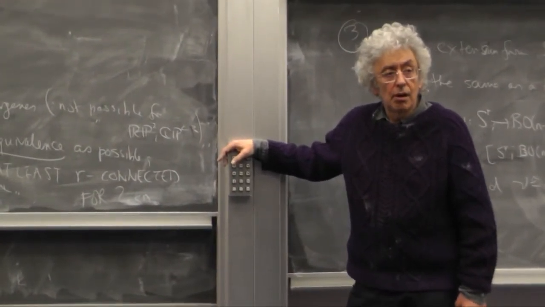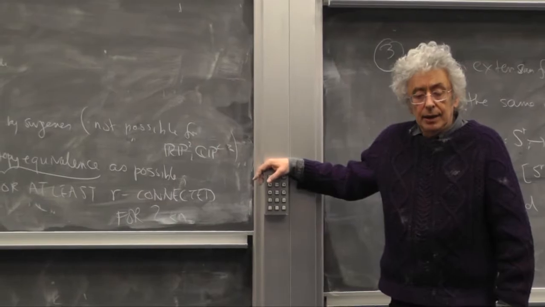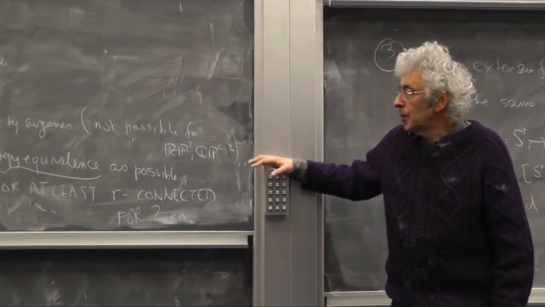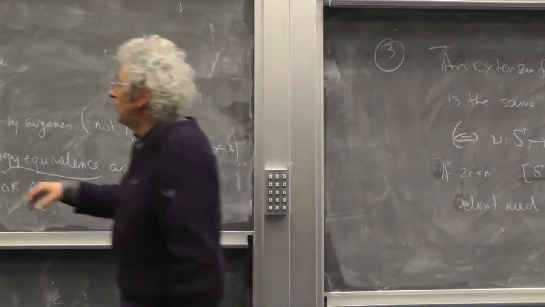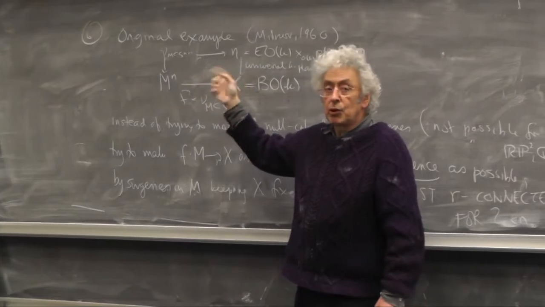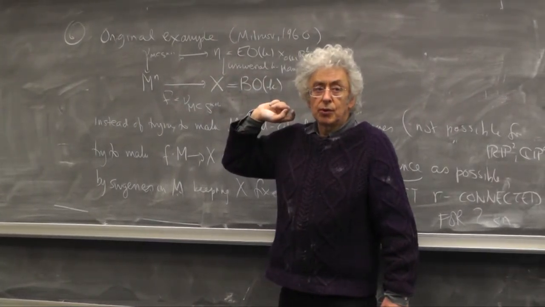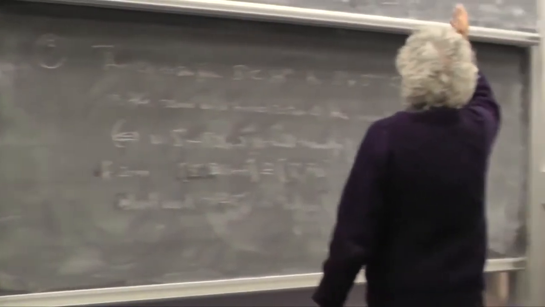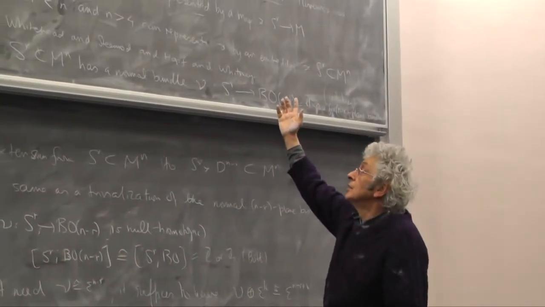So if you want to translate it back to the original problem that you know you can't solve, do you take X just to be a sphere of the right dimension? Yes, you could. I mean, the problem is that every manifold has a degree 1 map from it to a sphere. But in general, it will not be a normal map. So in order to apply both these things, you need some kind of a